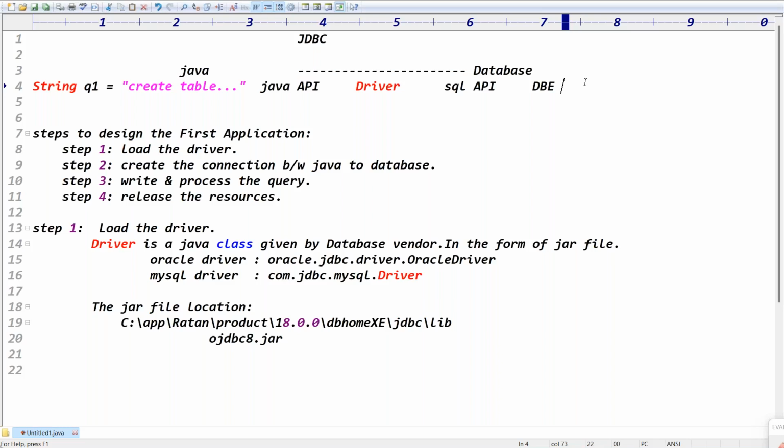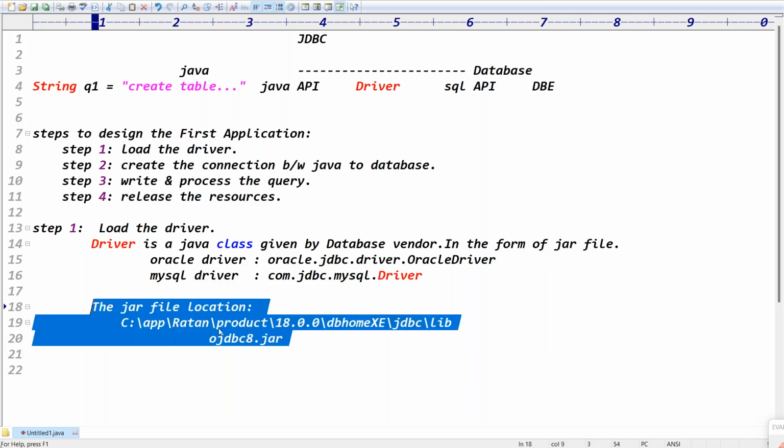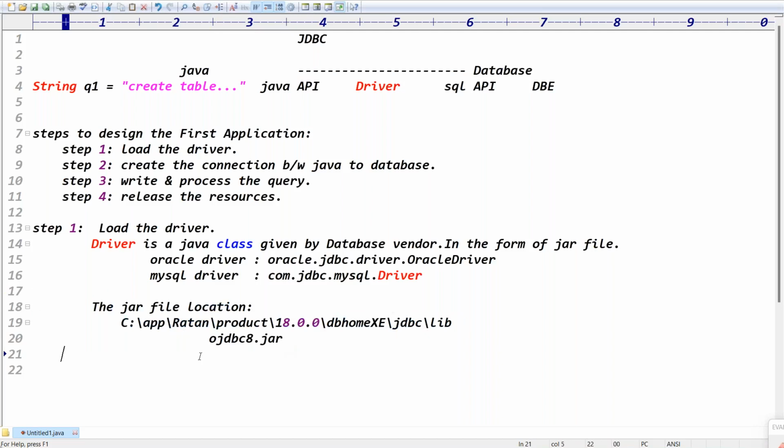The driver is a Java class given by the database vendor in the form of a jar file. The Oracle driver and the MySQL driver each follow this process. The jar file location is the JDBC lib folder, and the jar file is ojdbc8.jar, right? Because loading the driver is nothing but loading this class. Because to load the class,